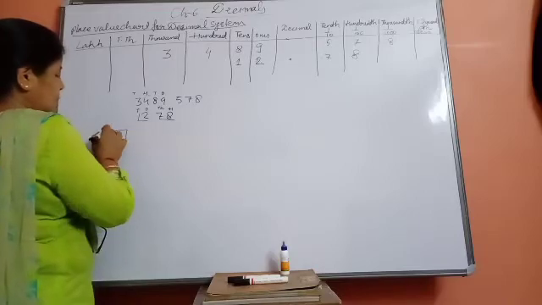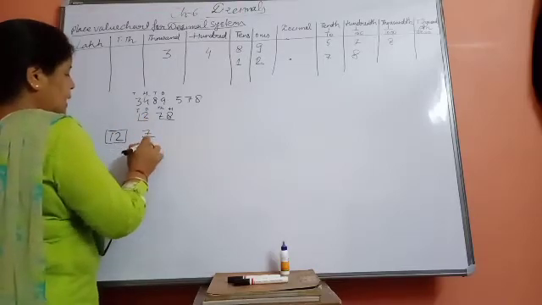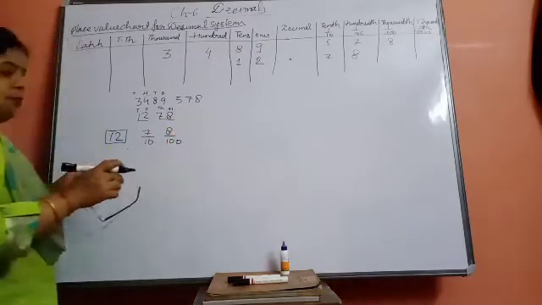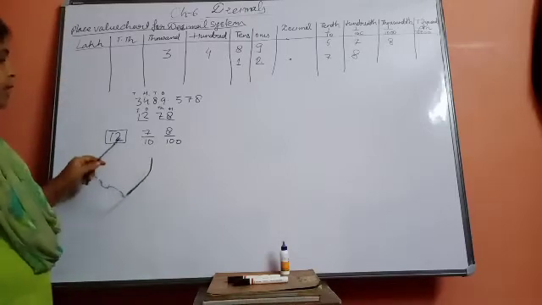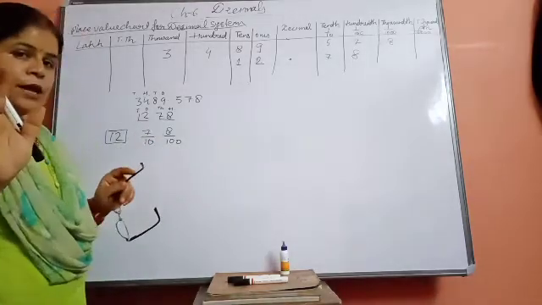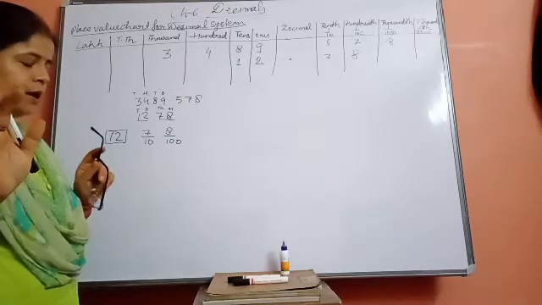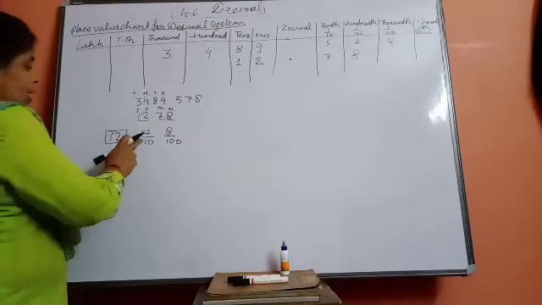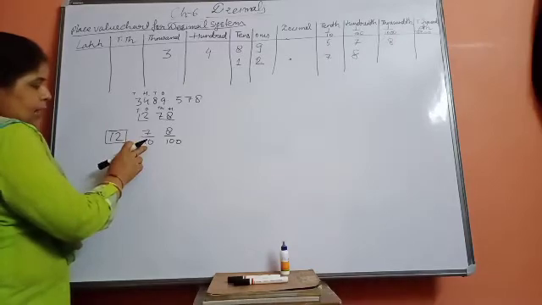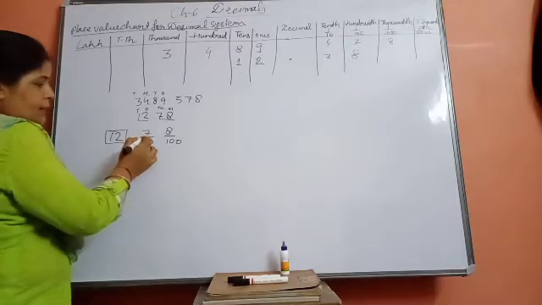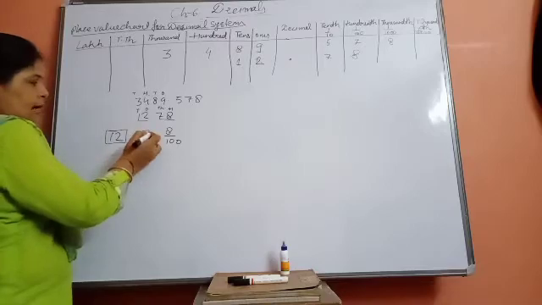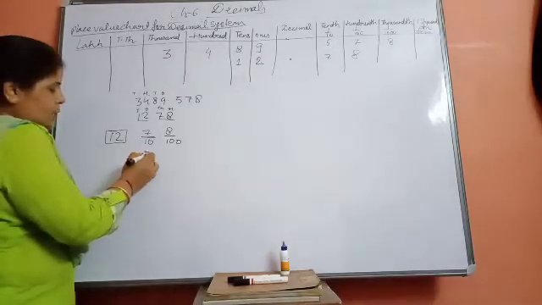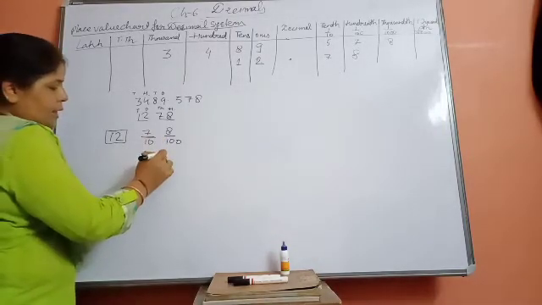12 is the integral part. Fractional part means 7 will be divided by 10, and the second number 8 will be divided by 100. Okay, you have learned in chapter number 5, that was decimal. That was fraction, the fraction chapter you have learned, and there you learned that if 7 is divided by 10, then the decimal will come on the left side. Right now the decimal is here, so it will shift one place to the left, so it will be 0.7. Here 8 is there, so it can be written as 0.08.